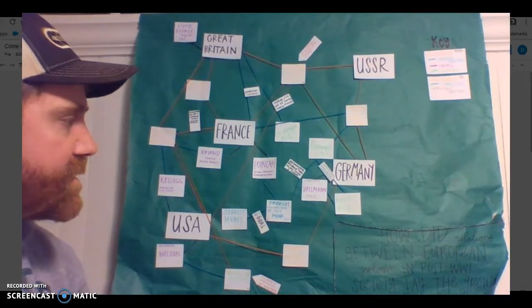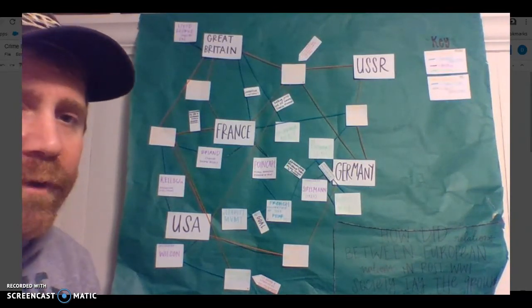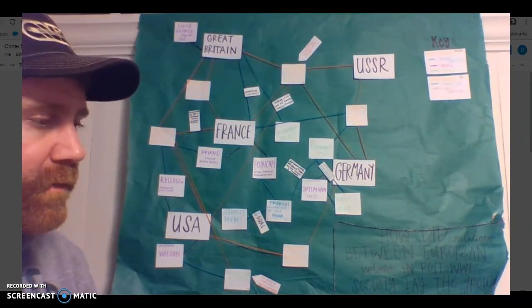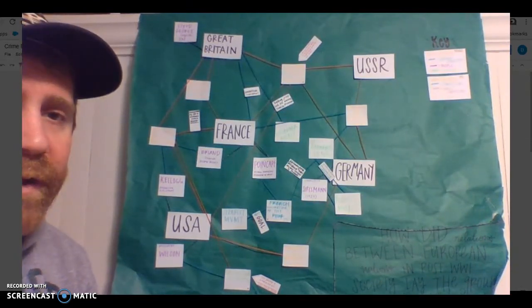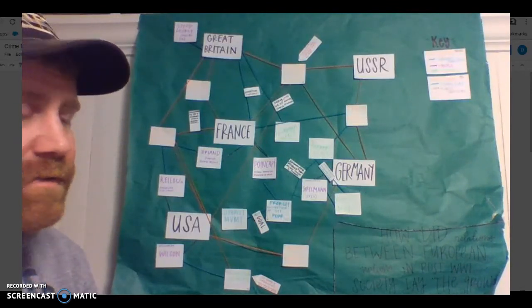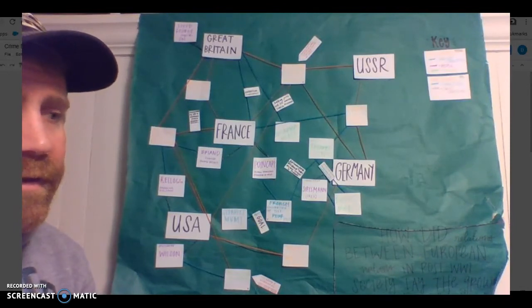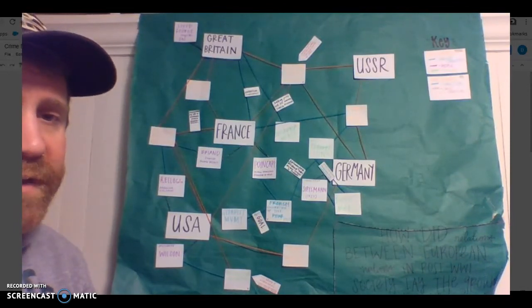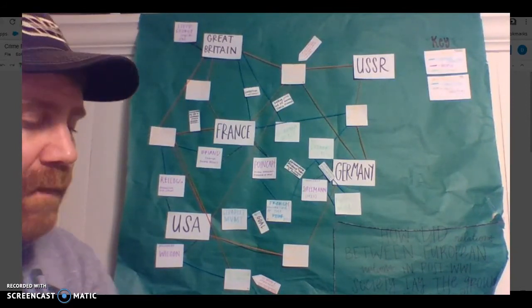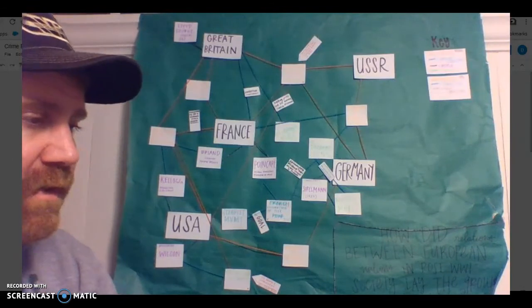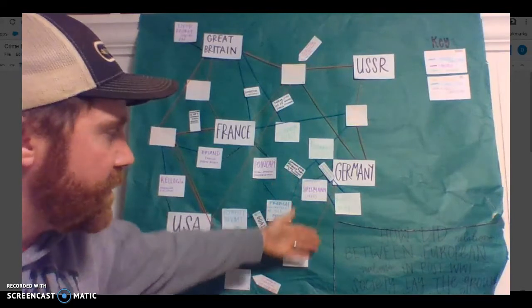So if you're looking at this and you're trying to see this as a way to visually prepare yourself for an essay and for an outline, let's look at what you've done so far. You've written out the pieces of historical evidence. You have grouped them together in some sort of fashion into these categories, right, which would essentially be your body paragraphs. And you've created this logical progression here of how these facts are connected to each other, right? And you're showing that by the yarn.